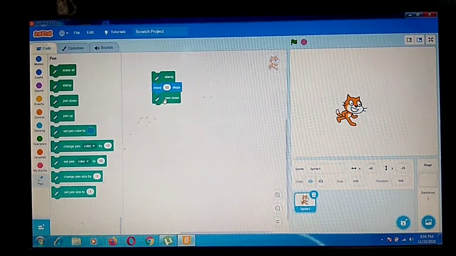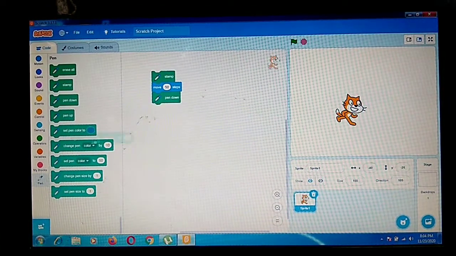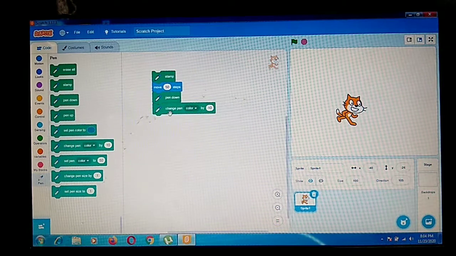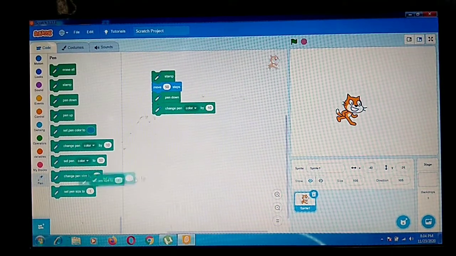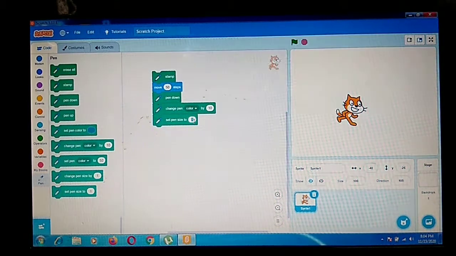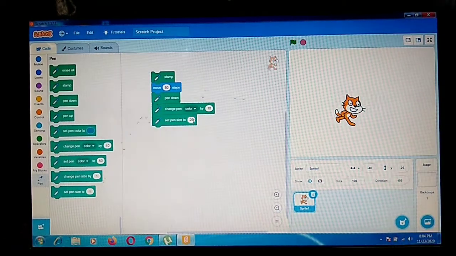You can see in your book this figure 6.6. I am also choosing the change pen color block, so this will change the color also. And I am setting the pen size also. Here 1 is given, I am setting the value 20, because in your book 20 is given.